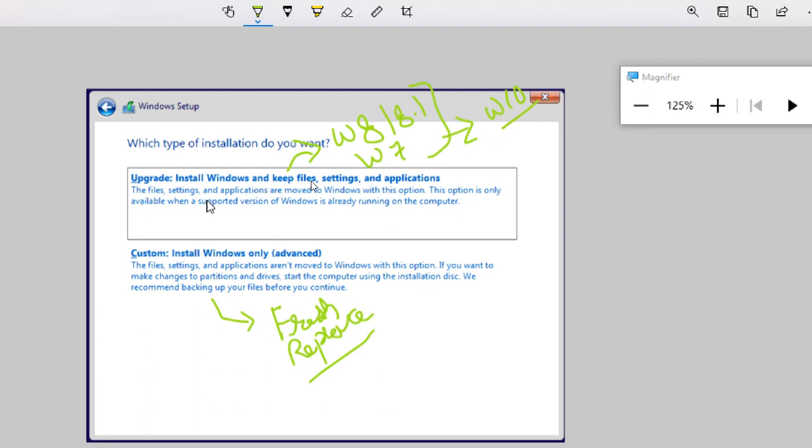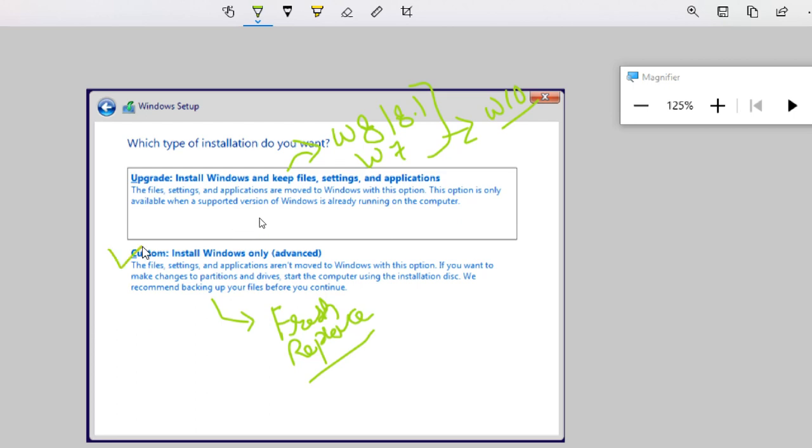Understand, Upgrade means lower operating system to higher operating system. And Custom means fresh, there is no OS, or you want to replace everything with a new operating system, remove the old one and install the new one. So you choose Custom.